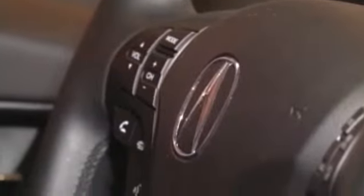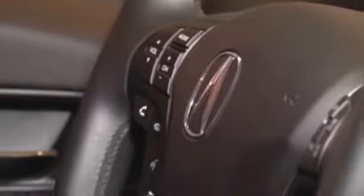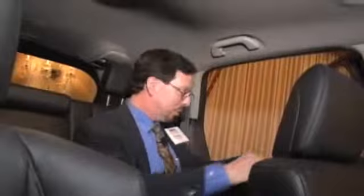So I'm starting this tour in the RDX here in the back seat because it's quite comfortable for someone of my size. I've got good headroom here. I've got decent headroom in the back, right in the center position as well, as you can see on the screen there. And this side is good as well. And then I'm going to go into the front seat